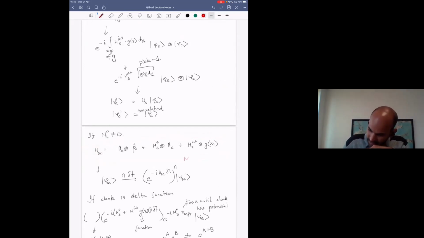So psi final on the clock is equal to the translated version of psi initial on the clock. It's just that the unitary operation that has happened on the system